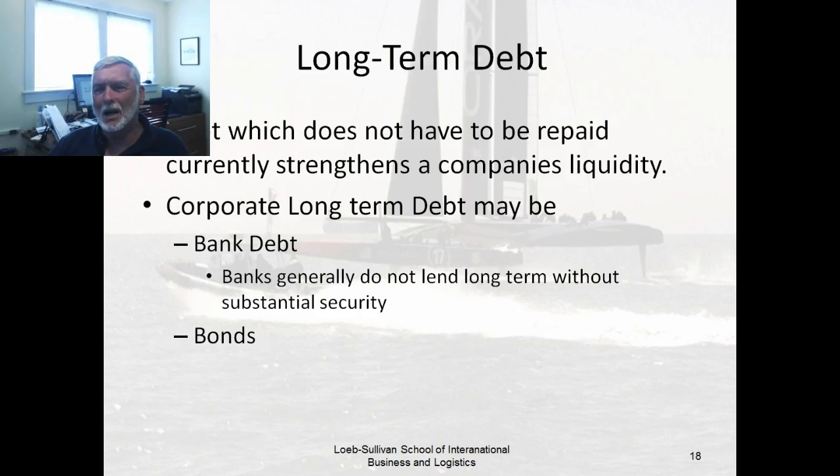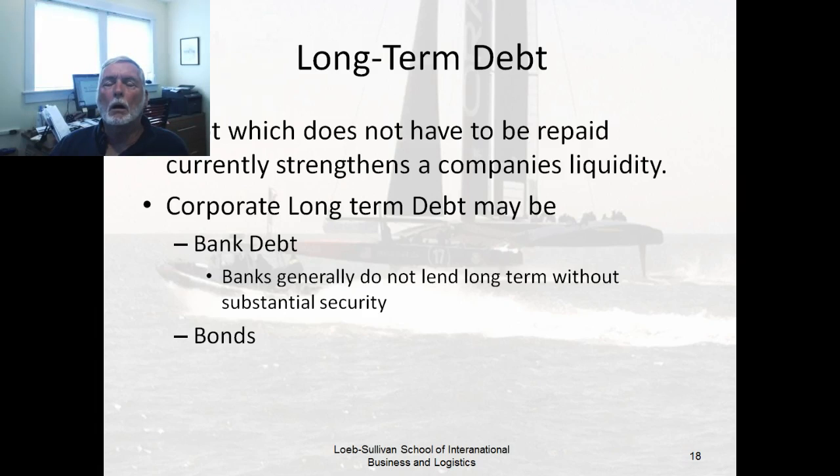Banks are not inclined to lend long-term. They'd much prefer lending short-term. They do some long-term lending, but generally banks prefer to be short-term lenders, primarily because their borrowing, which is your deposits, is short-term. They have to be able to pay those back immediately. So if you've got short-term borrowing and you lend it long-term, that's a riskier position than short-term to short-term. So banks tend to like to lend short-term. Doesn't mean they don't lend long-term, but they're much more likely to lend short-term.